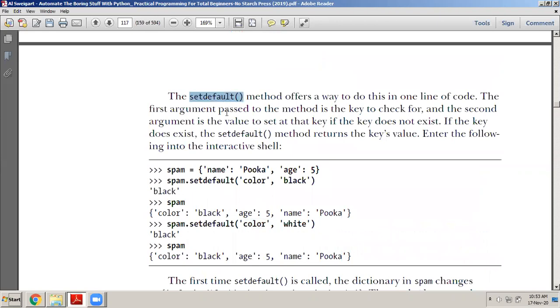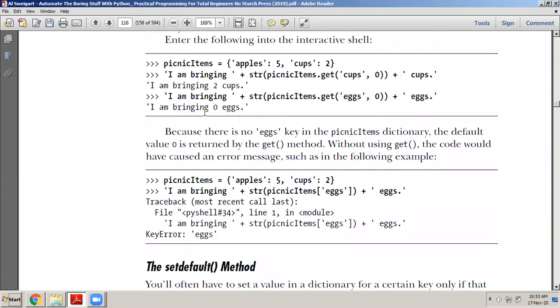I want you people to understand all these methods properly. Why? Because in the examination, they will ask you a question like this: explain the dictionary data type with the help of an example. Once you have explained that, then they will ask you to explain any 5 methods available with the dictionaries. So you can explain the keys method, the values method, the items method, the setdefault method, and the get method.